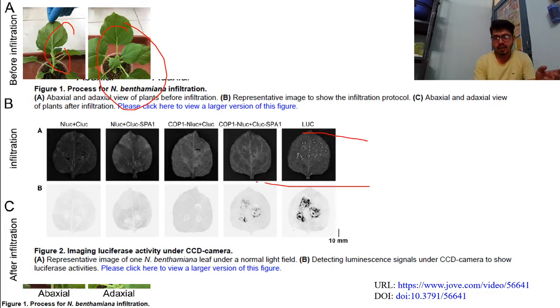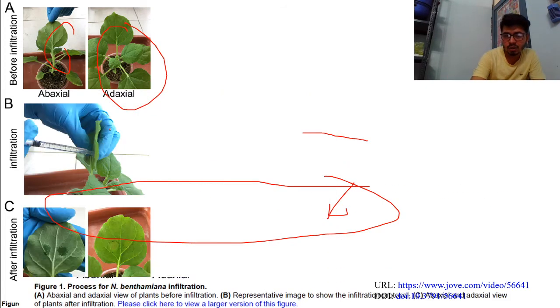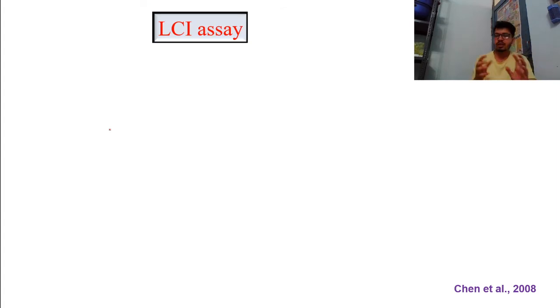they came up with the idea that these proteins are interacting here, with N terminus and C terminus, because it is very important that this binary effector system is developed in such a way that one contains N terminus and the second contains C terminus. I will explain in detail in the subsequent slide. So dear friends, this is just a short form of LCI, luciferase complementation imaging assay.